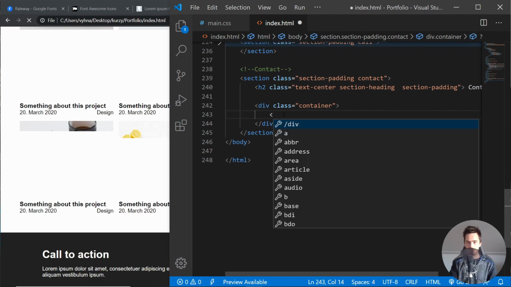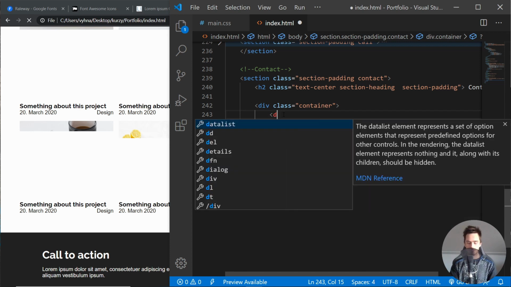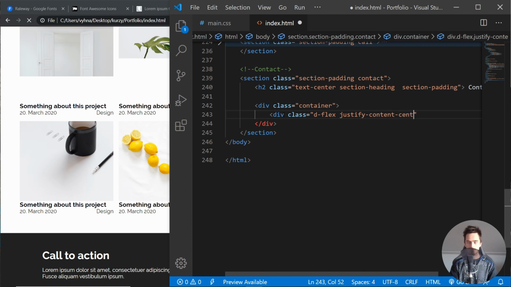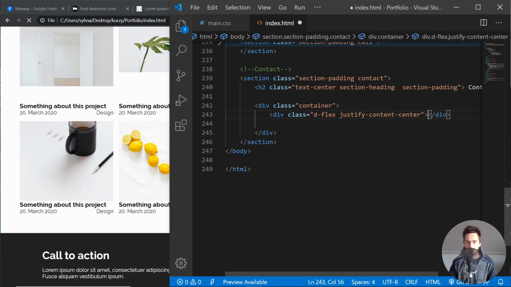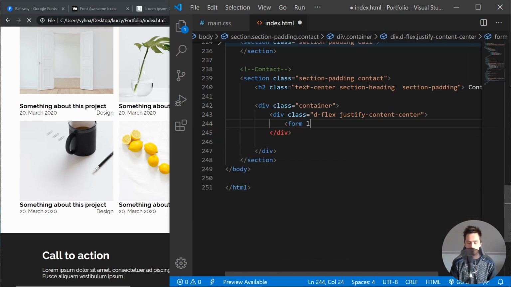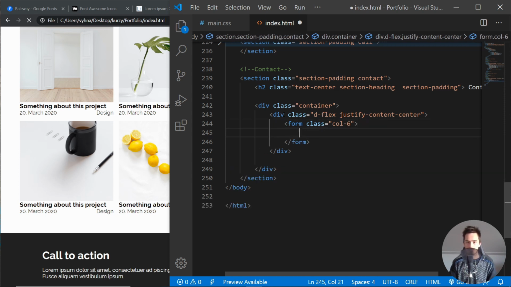Then what we need to do is just, let me just create a div with the class of display flex, and let me just align content, or sorry, justify content center. Justify content center. And inside of the div we will have just a form that will have the class of col-6, so basically 50%. And inside of this form we will have a div with the class of form group,